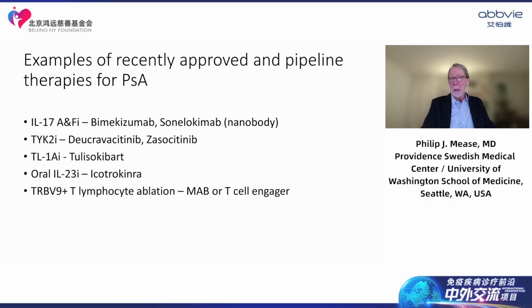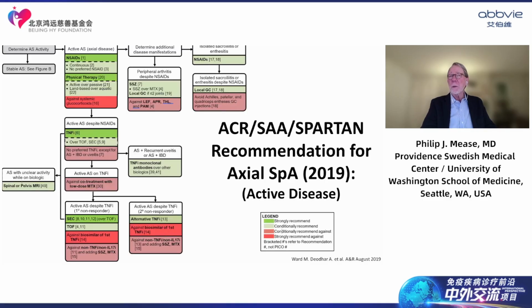And we may be approaching them with deletion of this group of lymphocytes with either a monoclonal antibody or a T-cell engager. Moving to axial spondyloarthritis, these are the most recent ACR,